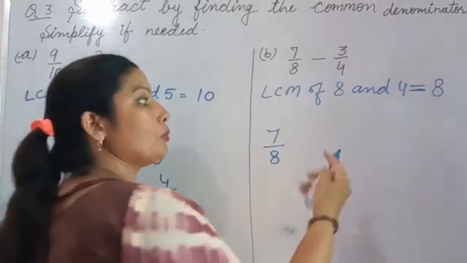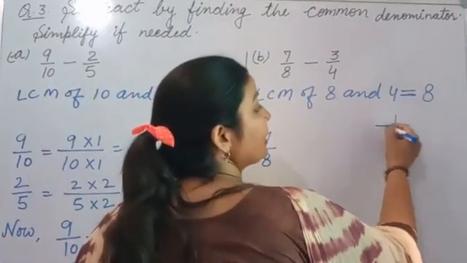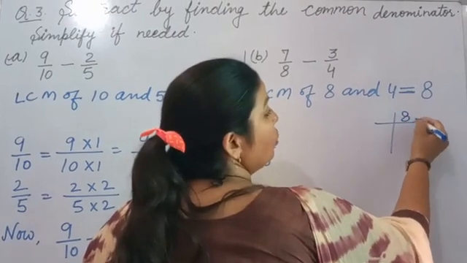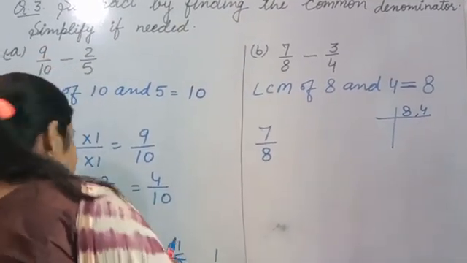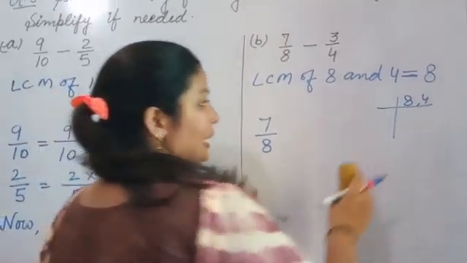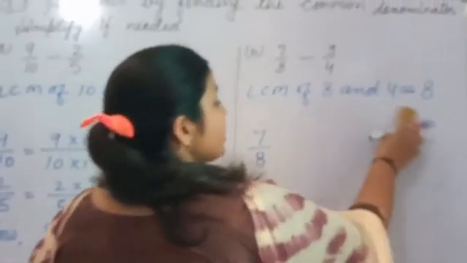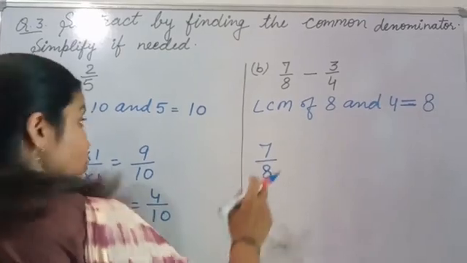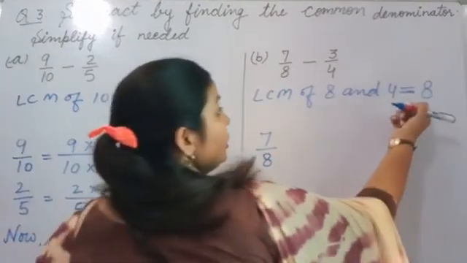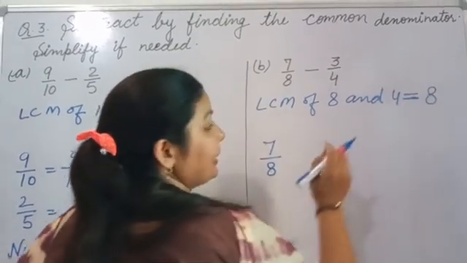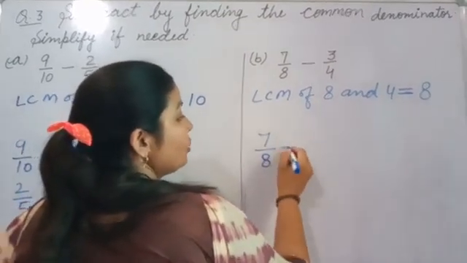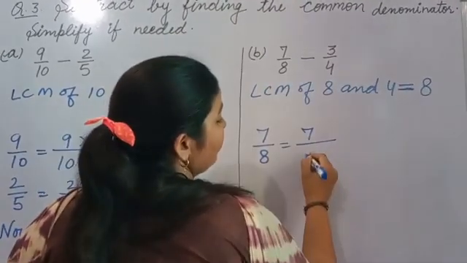Otherwise, if you cannot find it like this, take the long process and solve with it. So you will get the same answer. Okay? So as you wish, you can find it like that. Now 7/8. 8 is the LCM, which means what do we have to change the denominator to? 8. So 8 is already here. So that means it will be multiplied by only 1.